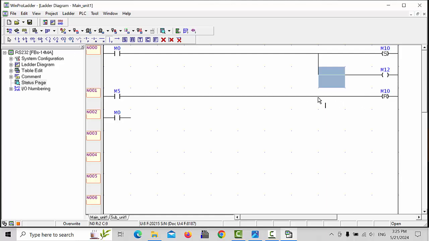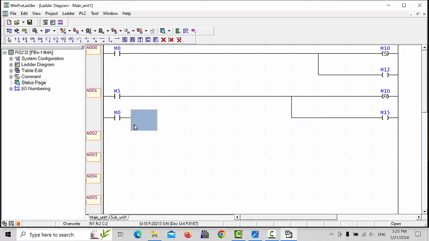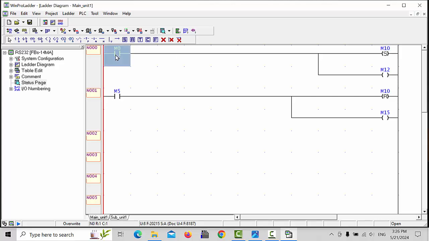and here we will make M15, and we will check how this program will run. Make it run condition and see, as you make it on, now your M10 is on and M12 is on,